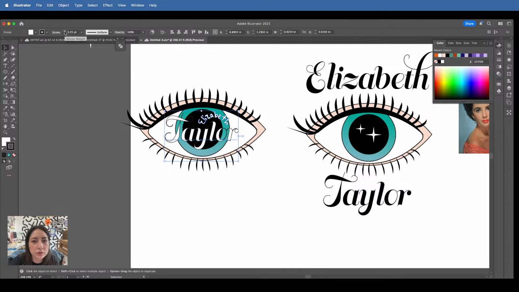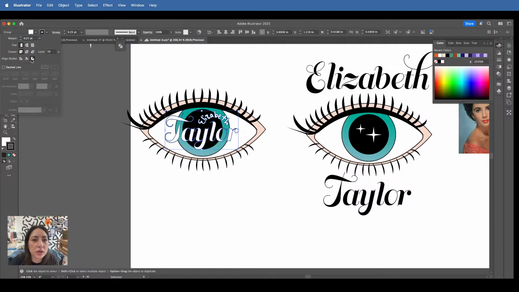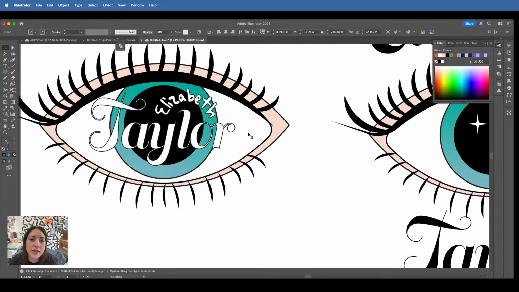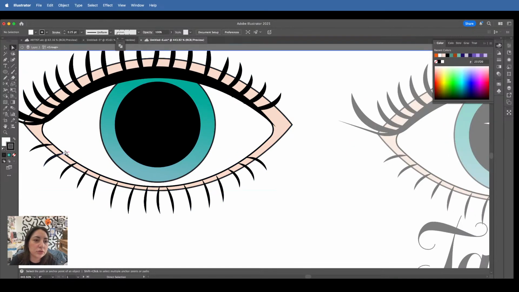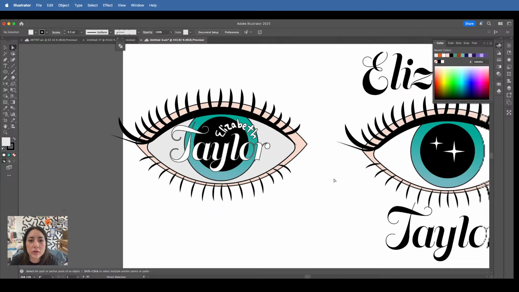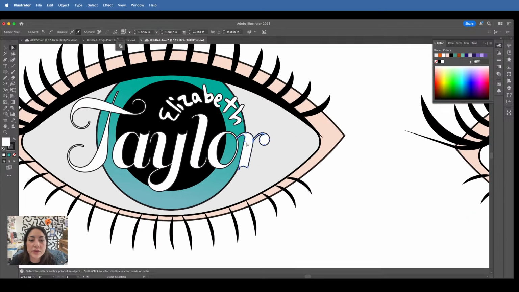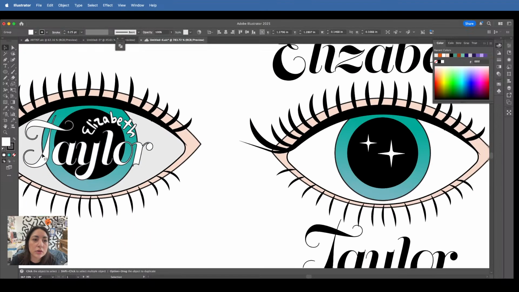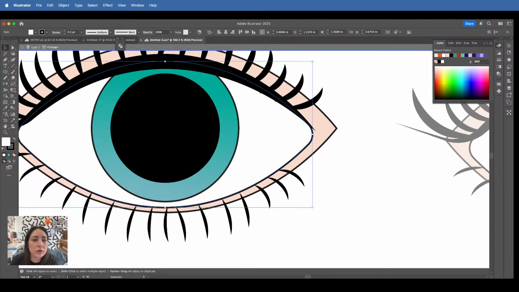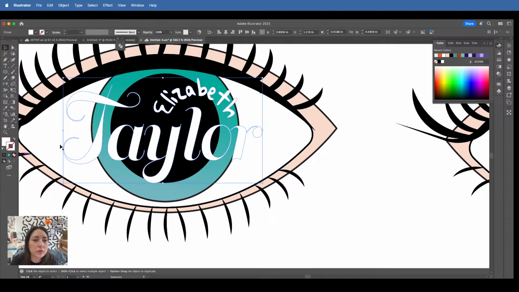Maybe a stroke? I don't know about that, but for the type, we should do create outlines, and then maybe the stroke out there. I can live with that a little more. I still don't really like it. I can also change the white to a gray. That's a little scary, I think. But does it work? Maybe. What if, okay. What if we did this?